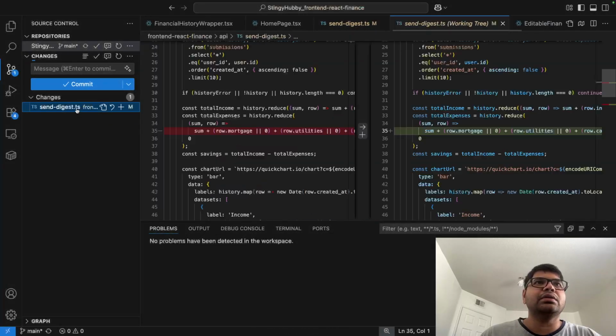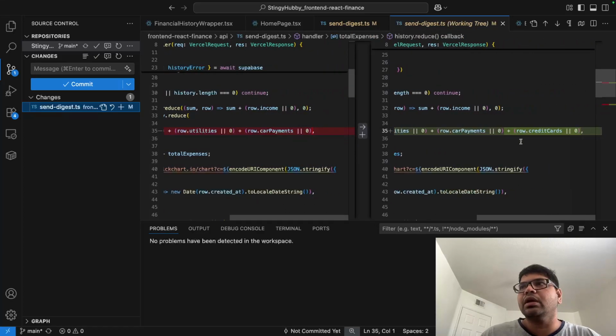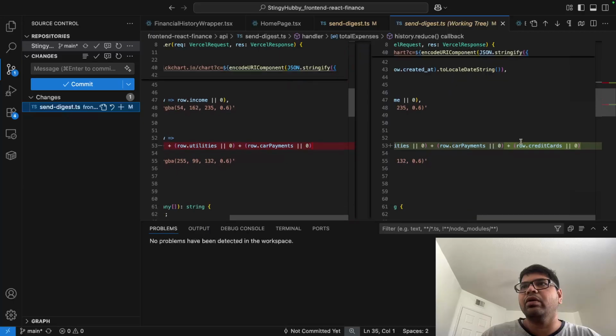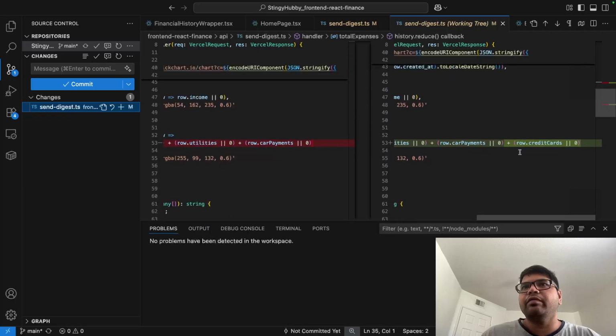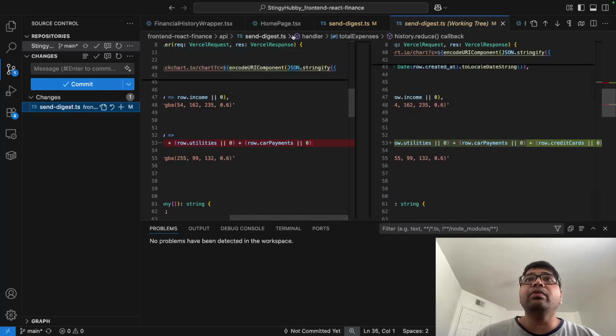And then in send digest, here you can see that I've added credit cards information for every history information, and I've also added credit card information in the email history map. And then one thing I observed is that within the logs